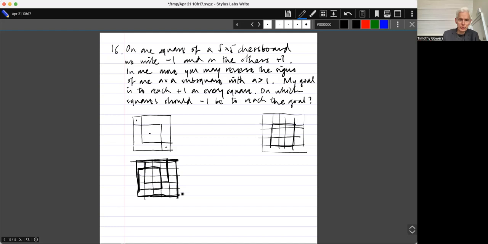So I need to find a bunch of squares such that the top left-hand corner is in an odd number of them, and everything else is in an even number. And so far, those things are in an even number. Those things are in an even number. That's in an odd number. But all this region here is in an odd number, and that region here is in an odd number. So can I make this funny region here?